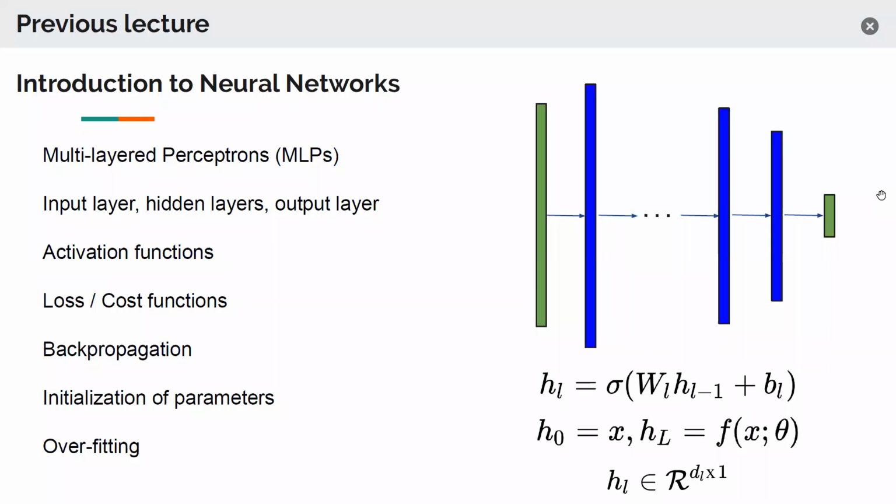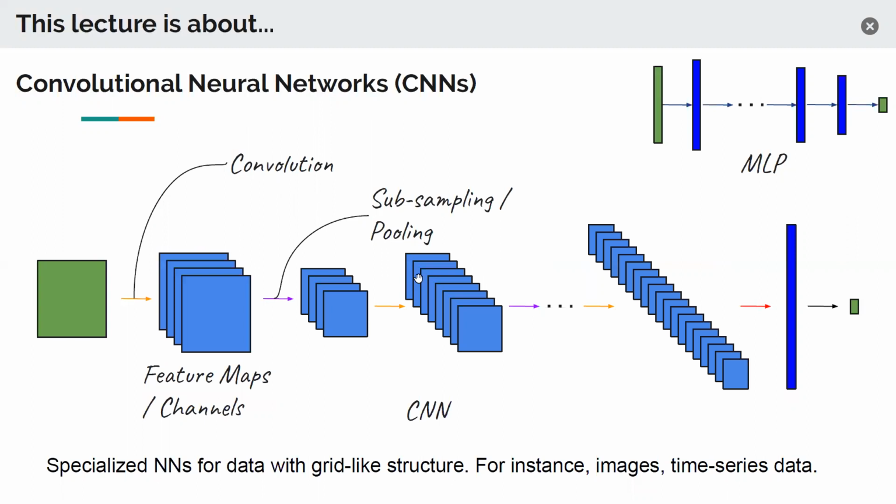Okay. And what I'm going to assume in this lecture is that you are familiar with the terminology that I've mentioned on the left side. This was basically covered in the previous lecture, which was the introduction to neural networks. And if you feel unsure about some of these terms, I think it would be a good idea to go back to that lecture, refresh, and then come back here again. Okay. So this lecture is basically about putting the word convolutional in front of neural networks, right?